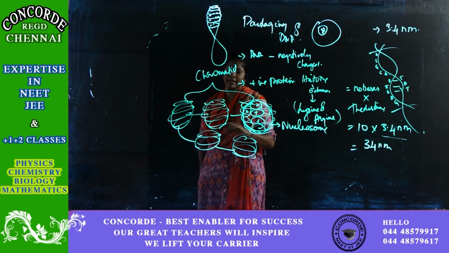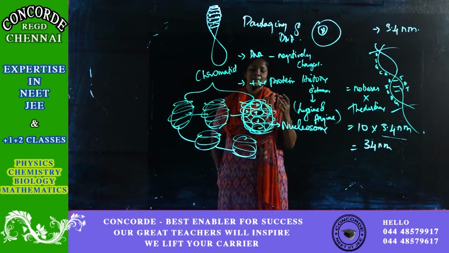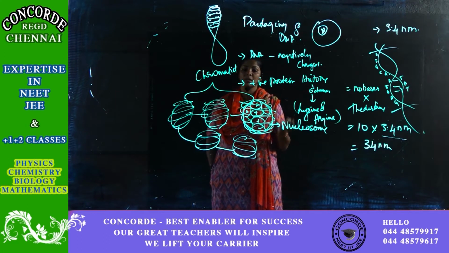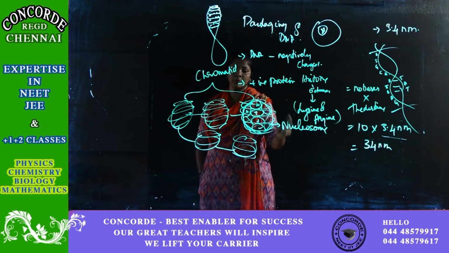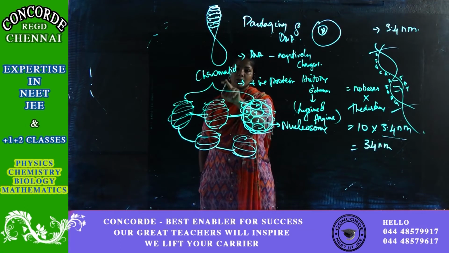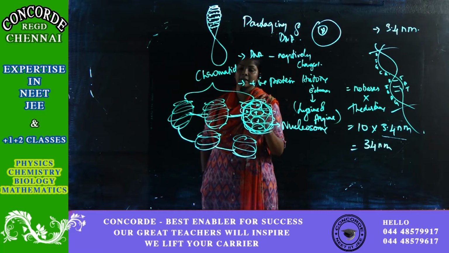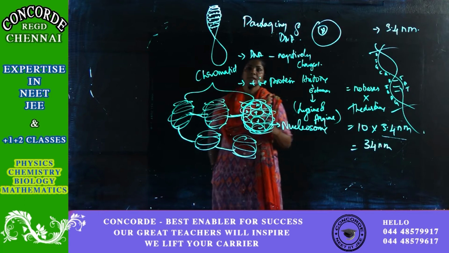So I repeat again. There is a positive protein called histone protein, with its positivity due to the presence of lysine and arginine. On this, the negatively charged DNA is first wound around the positively charged protein, and this structure of one ball with the DNA surrounding it is called a nucleosome. Lots of nucleosomes linked together form your chromatid structure. This chromatid, this bead of strings, is wound on the chromosomal arm like that. So this is how my DNA is arranged.